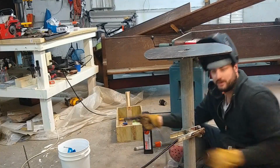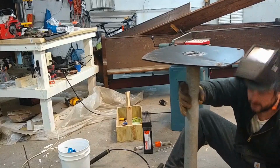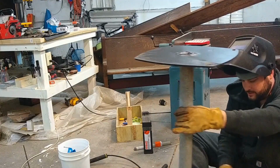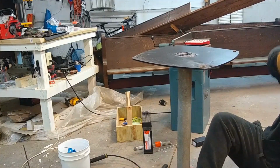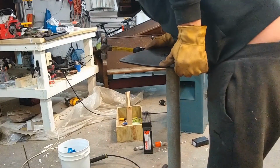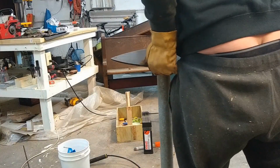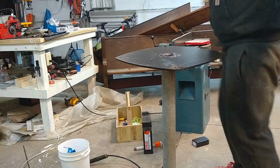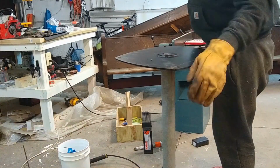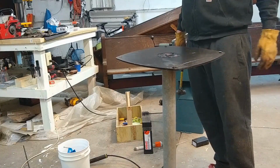That with a hole in your gloves. I'm going to flip this table over. It's just tacked up. It's real out of plumb. I have to. Yeah, fuck it, it'll just be out of plumb. I plan on cutting it apart and putting in a method to